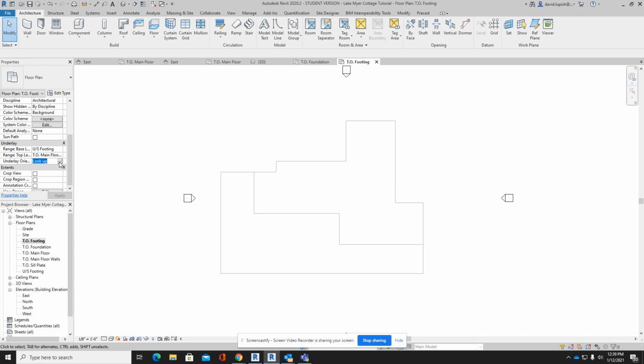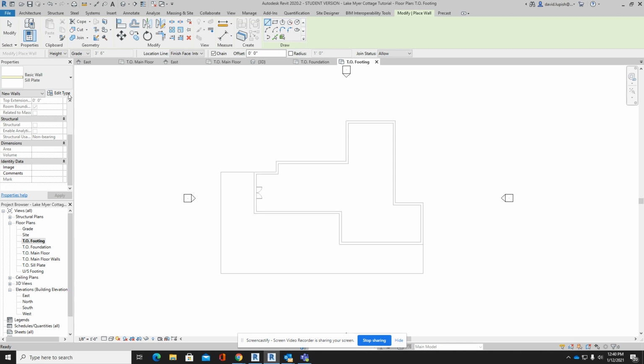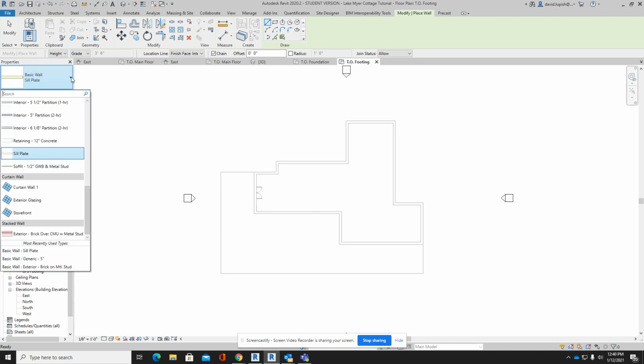Now, I can change that if I want to see a little bit more detail to look down and apply it. And now I can actually see the thickness of my walls and everything drawn in my main floor plan. Now I can use these lines, and it's just a watermark, so it's not actually on my top of footing level. But now I can use that to start drawing walls. So if I go to my wall tool,